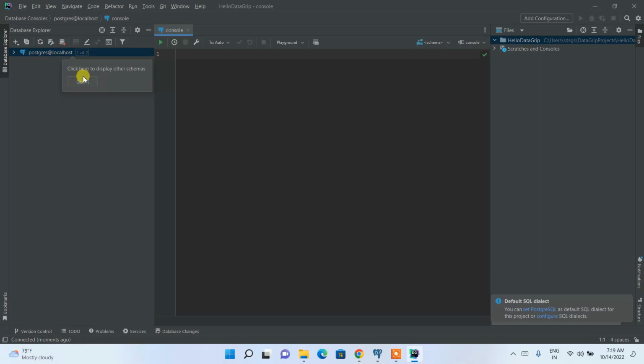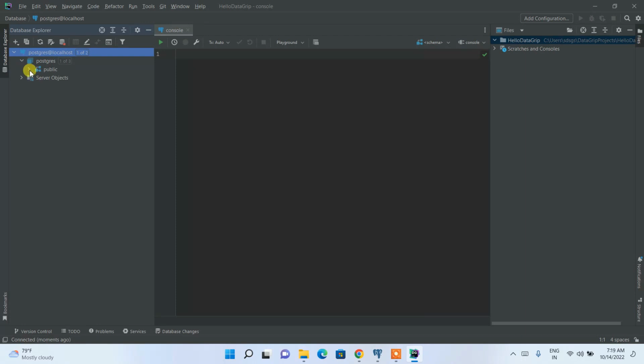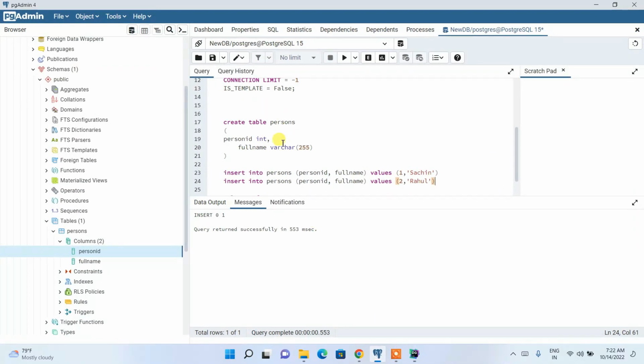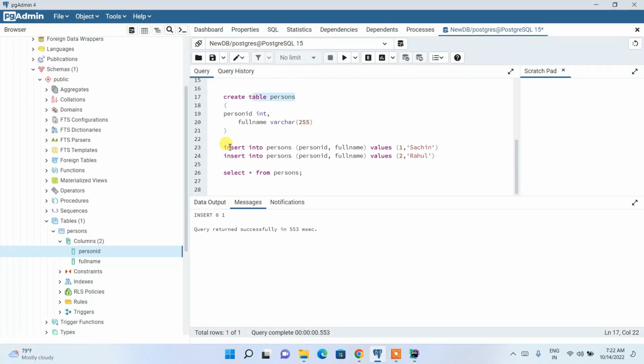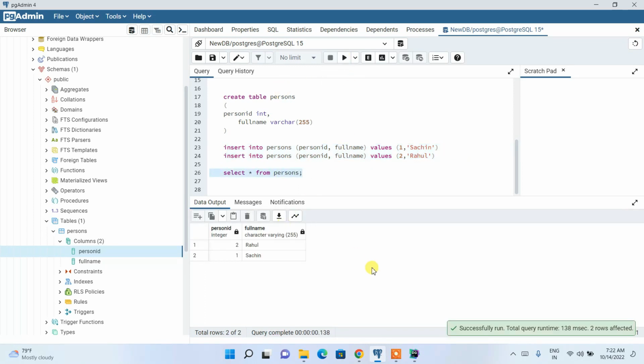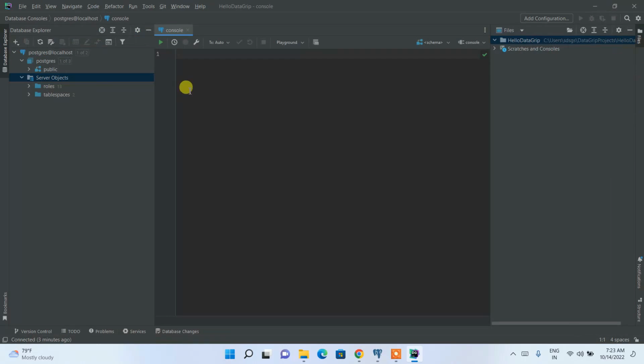So yeah, it's connected. You can expand this, and you can expand Postgres. You can see this public, and you can see the server objects as well. So here is our console. As I mentioned, I already have this table called persons, and I have a couple of data inserted there. If you execute this select star from person, you can see that data is shown over here. Now if you execute the same thing in our console, sorry, not this one,